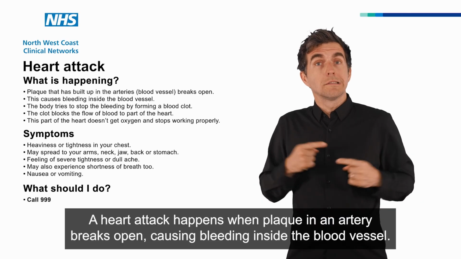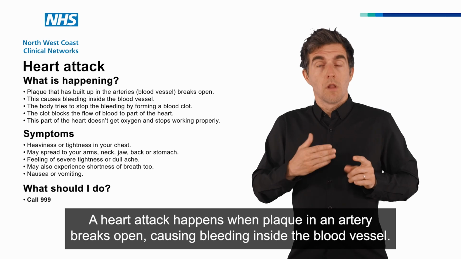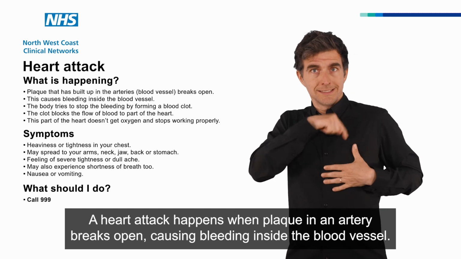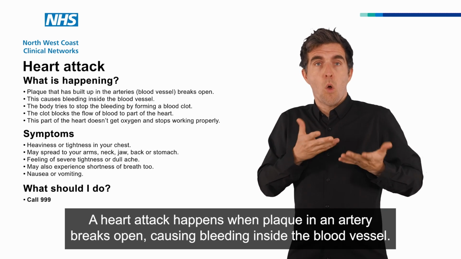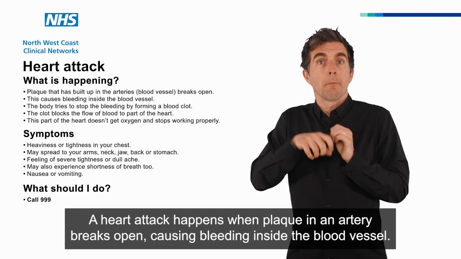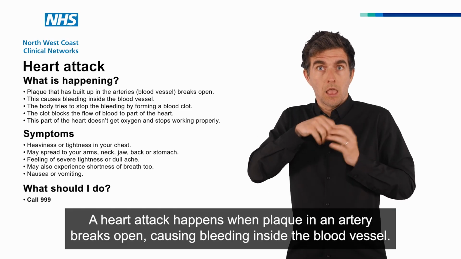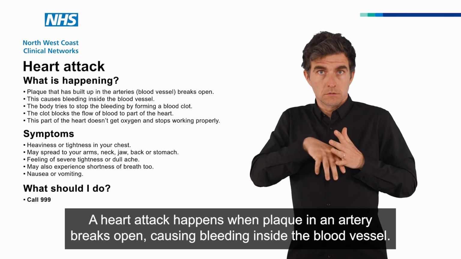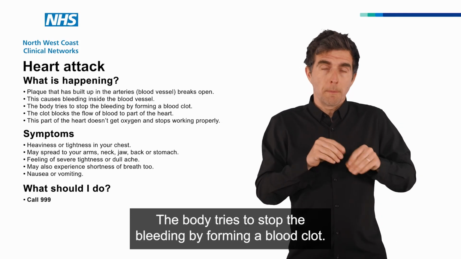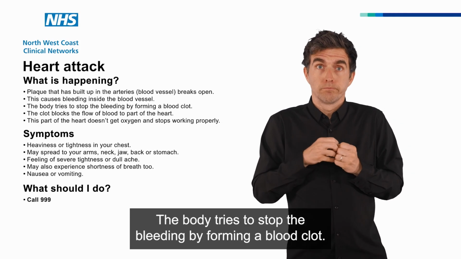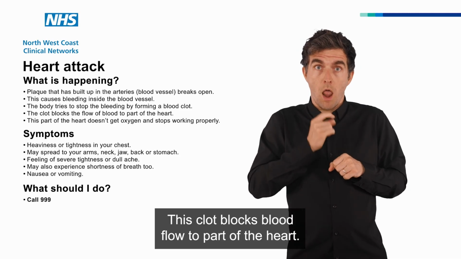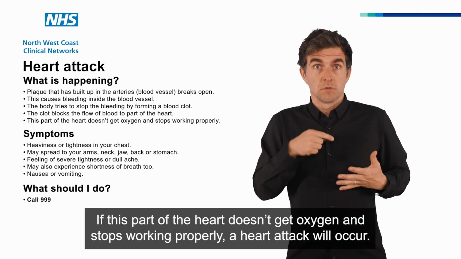A heart attack happens when plaque in an artery breaks open, causing bleeding inside the blood vessel. The body tries to stop the bleeding by forming a blood clot. This clot blocks blood flow to part of the heart. If this part of the heart doesn't get oxygen and stops working properly, symptoms of a heart attack include